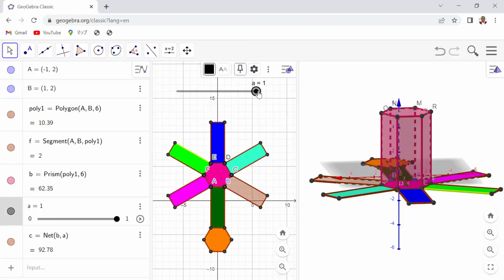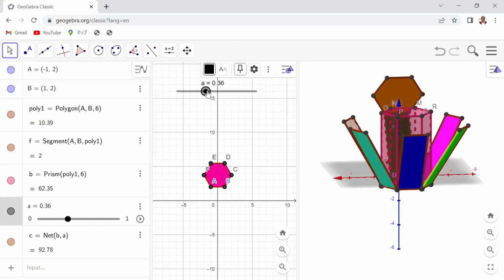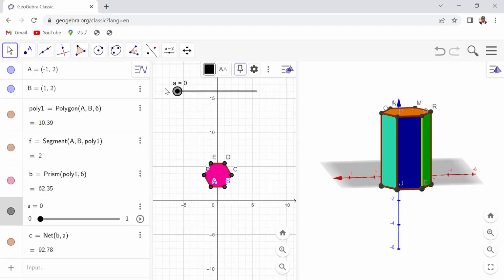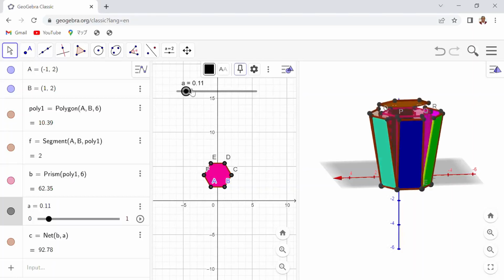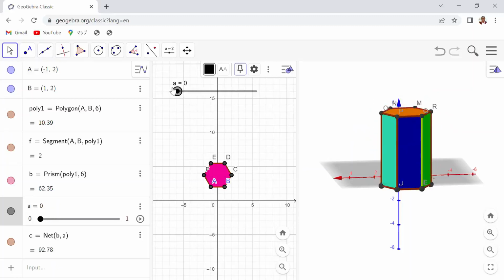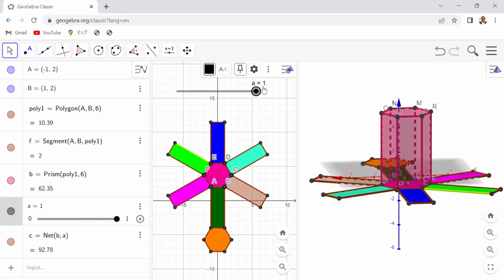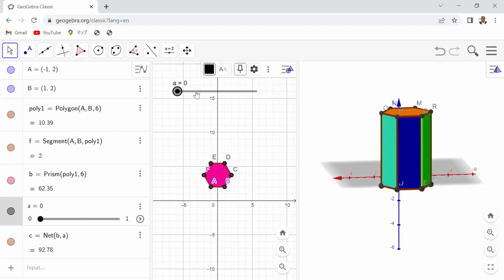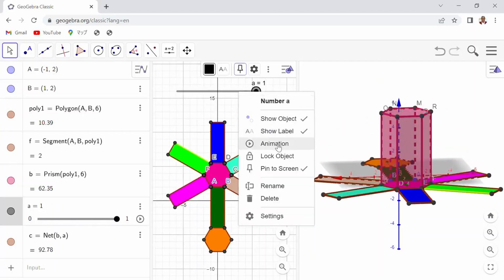So I can move the slider just to see the nets being enclosed, and this is the prism. And then I can close, and then I can open the nets to see the nets. On the right hand side is the nets, and on the left hand side is the three-dimensional representation of the prism. So I can continuously, or I can right click on the slider, I come down to animation, and then